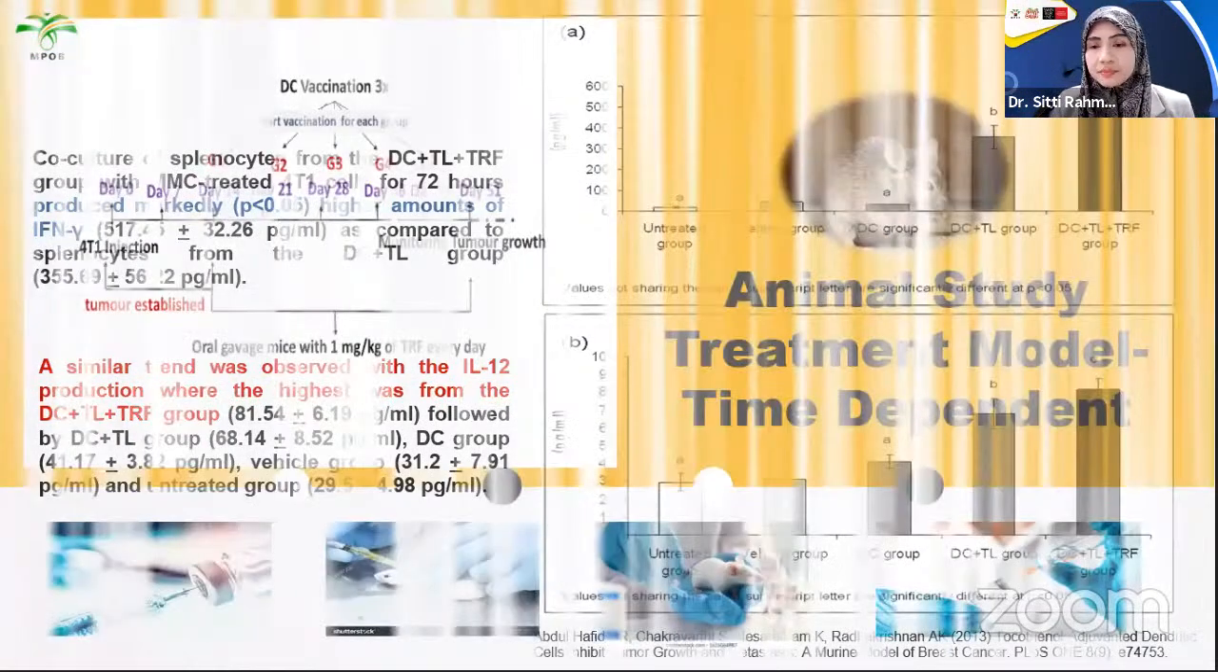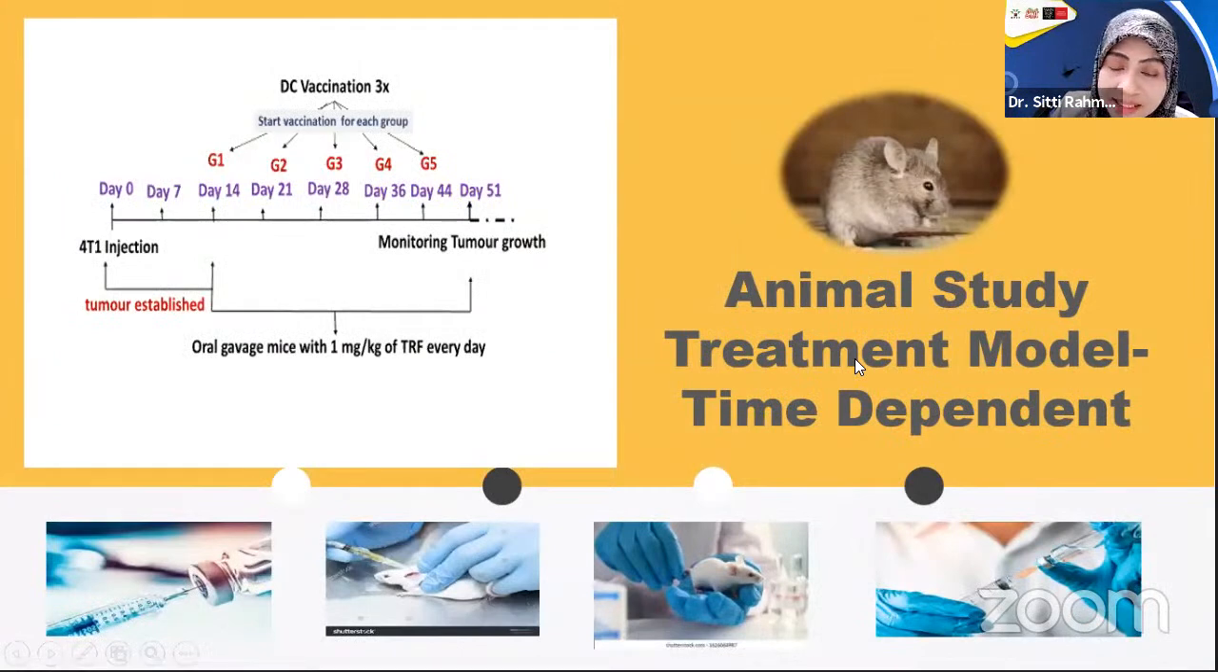splenocyte culture. Next is the animal study with the treatment model, same as previously, but we have done it in a time-dependent manner. It is a group that we inject the mice with the cancer cells, and we let the tumor grow until day 14, until it reaches a palpable size, which is 2 millimeter cube. So at day 14, we have one group which will start vaccination with 3 consecutive weeks, and then 1 week after this treatment for the G1, we have a G2. And then 1 week after the G2, group 2, we have a G3, which is group 3, and the others